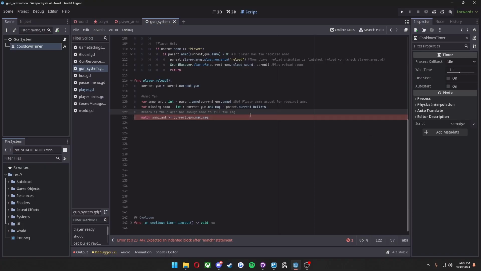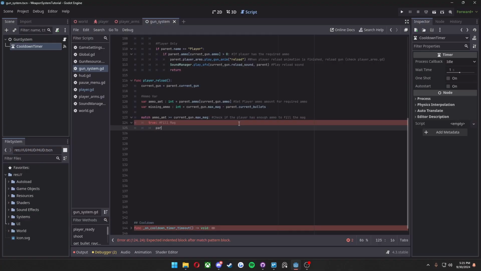So we are checking to see if the player has enough ammo to fill the magazine of your gun. Because if they don't, we don't want to be spawning and creating extra bullets for the player. We want to make sure that they're only putting the amount in that they have left, right? So if it's true, if we do have enough ammo to fill the mag, we're going to be filling the mag. And we're going to be doing that with